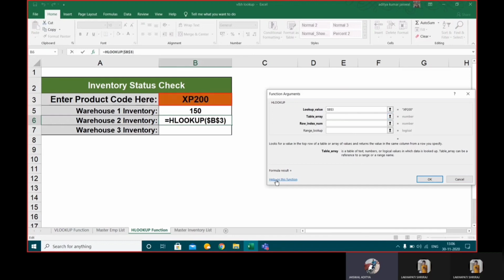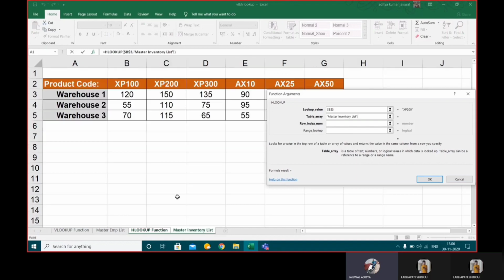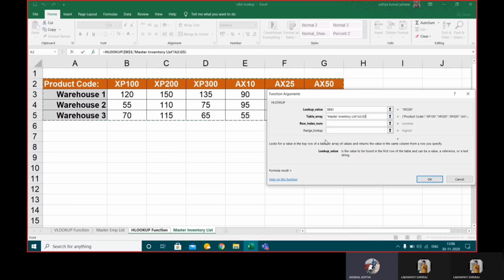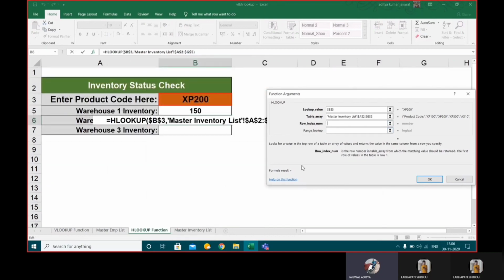In the next part, we would shift towards the master inventory list. As usual, as we did in the VLOOKUP function, we would select the whole table like this. We would press F4 to make it an absolute value. Now we would shift to the row index number.